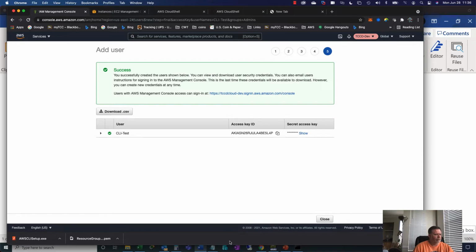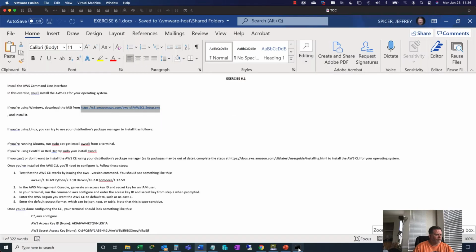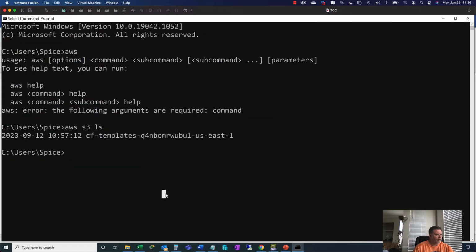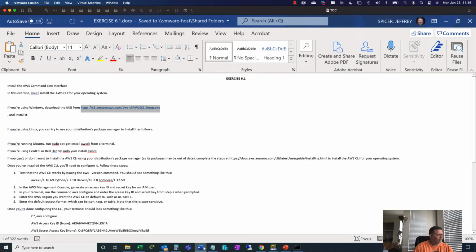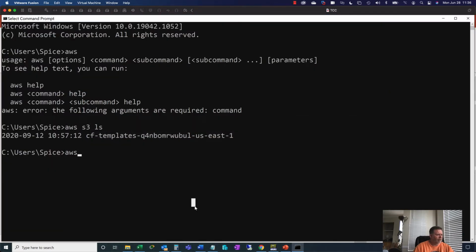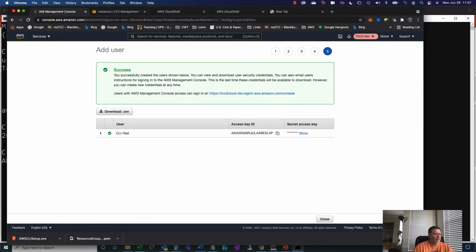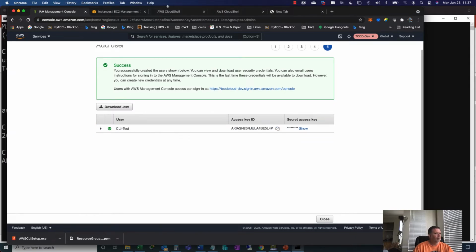So what I need to do is open up my command prompt and I want AWS configure, if I'm correct. Yeah, AWS configure. So then this is where it's going to ask for your access key. So then I need to go to my web page here. This is my access key. I'll just click on this to copy it, and